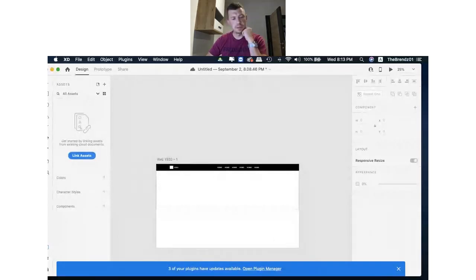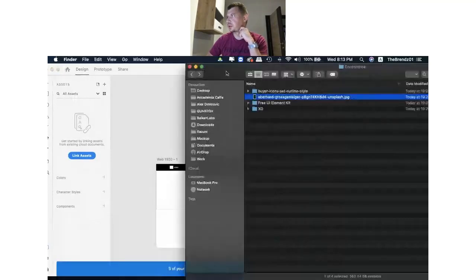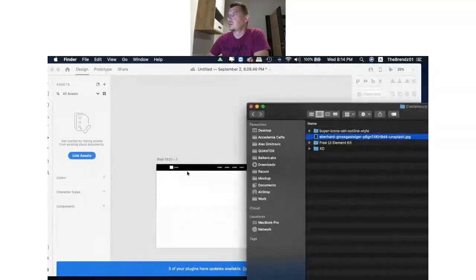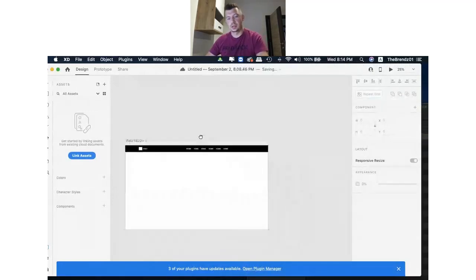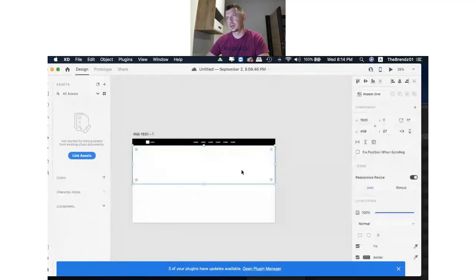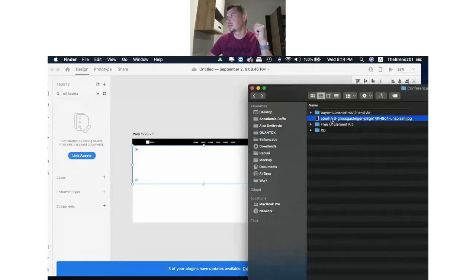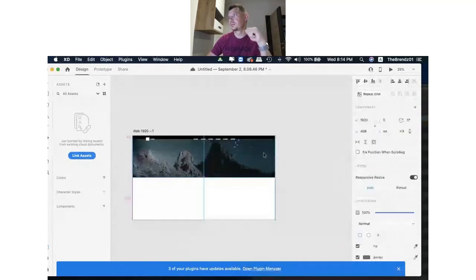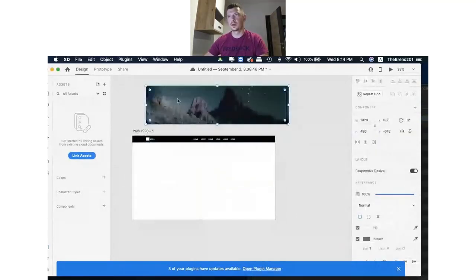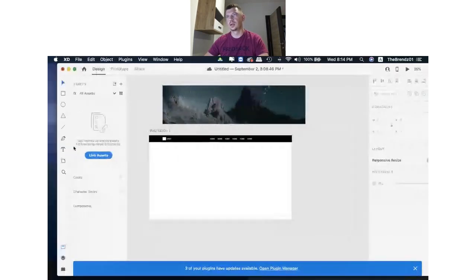I already prepared some photos for this. Also a very good thing is masking. For example, now you have a header here, slider path, this rectangle. In Photoshop, maybe you would need 2, 3, or 4 steps to make a mask. But in this case, you just do like this. And this is it. For example, if you want some other shape, not a rectangle, you can make your own,